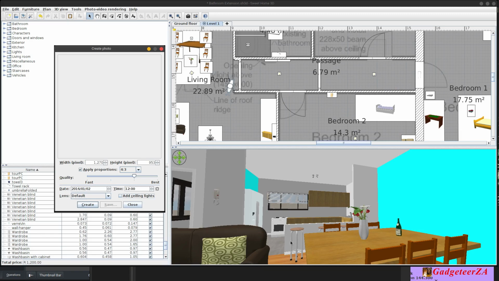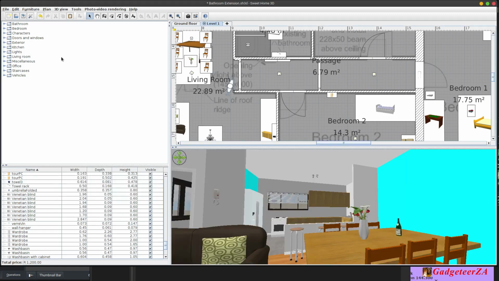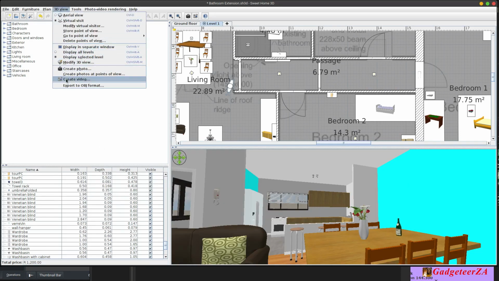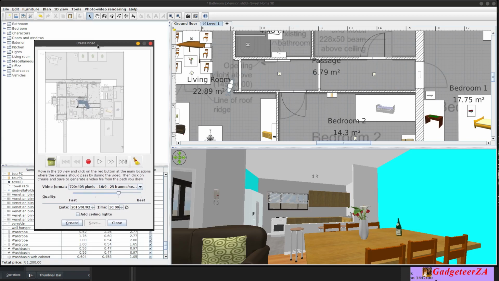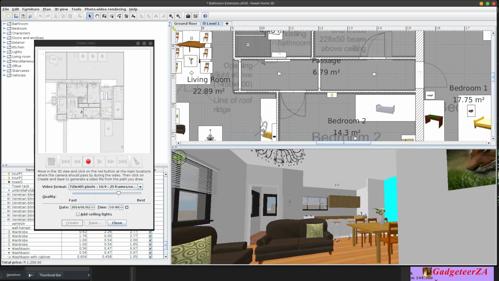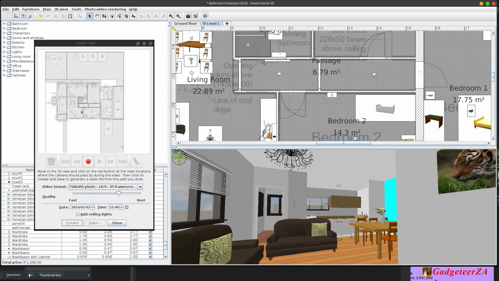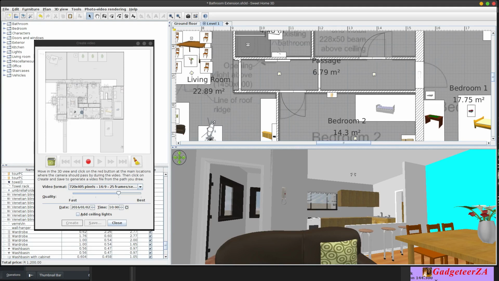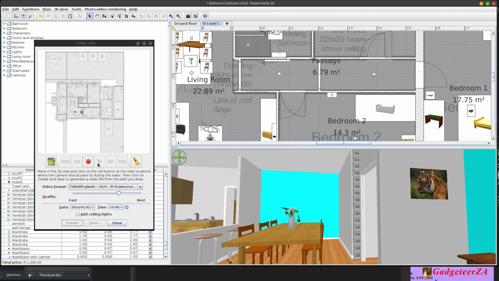You'll see the actual fabrics and the woods and everything. So this 3D view, you're not seeing the full view. And then to do a video where you say create video, you'll get this view, and wherever you are in the house on the 3D view, say over there, that is where the first pick, it'll stitch this together into a video. So where you are now, you'll say record that,